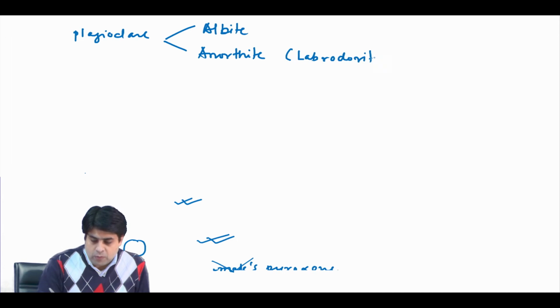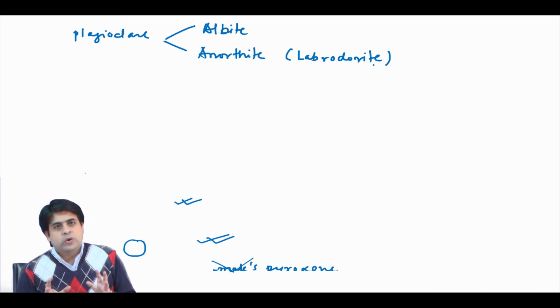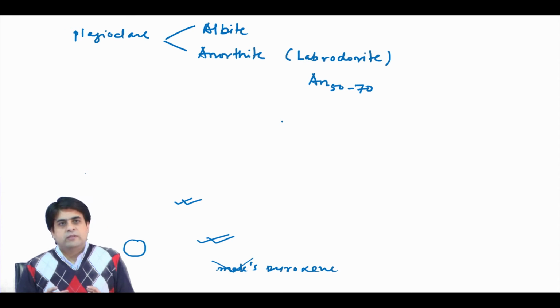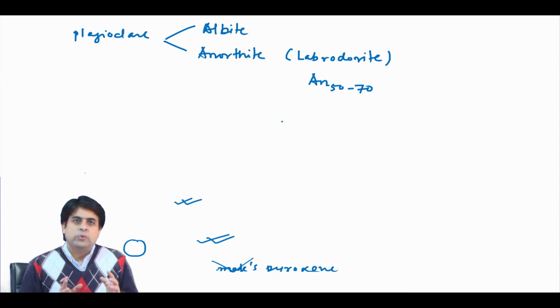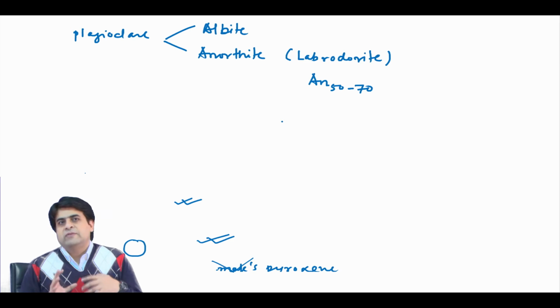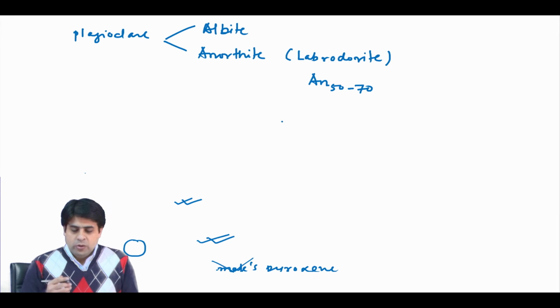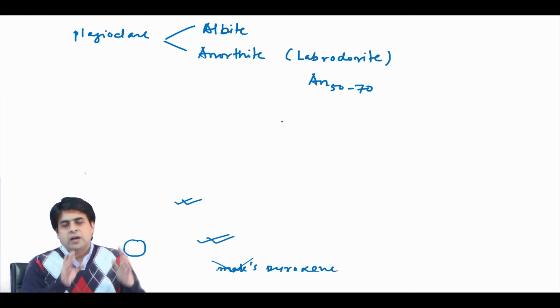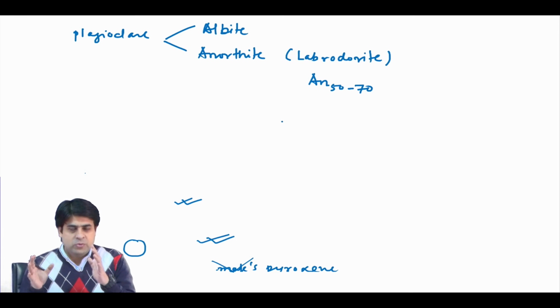What is labradorite? When the plagioclase feldspar is between anorthite 50 to 70, then the plagioclase feldspar is called labradorite. Because in the gabbro the anorthite component is relatively high compared to albite. So, he took an anorthite, and because of that he took a diopside-anorthite system to understand the basaltic